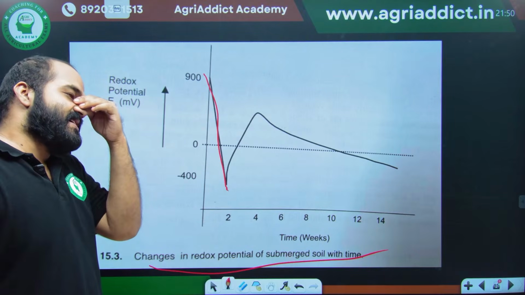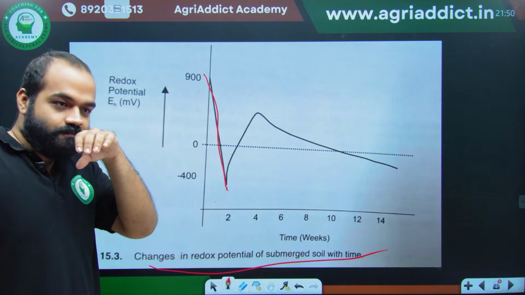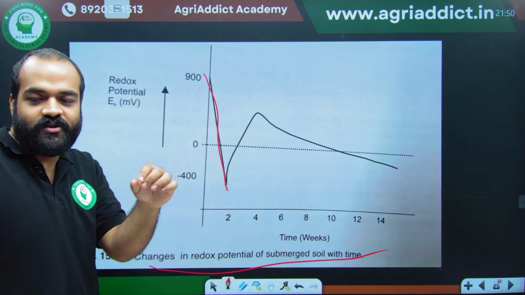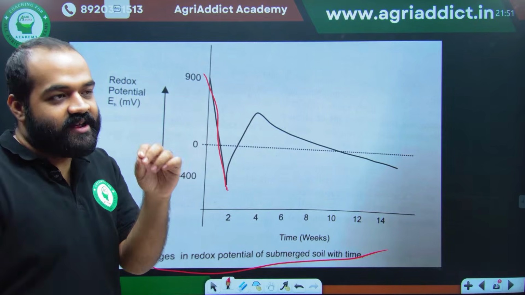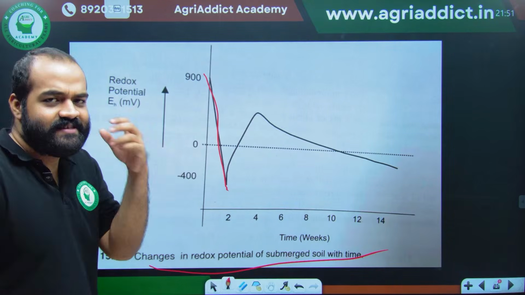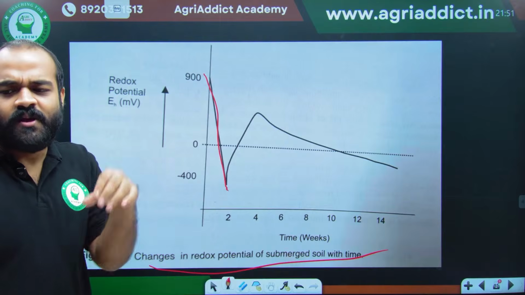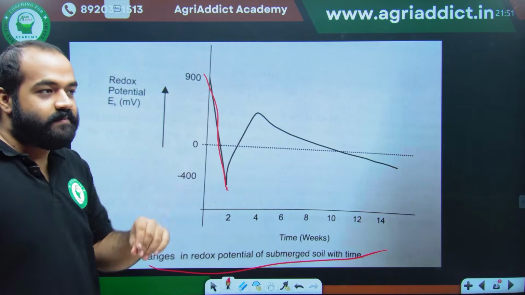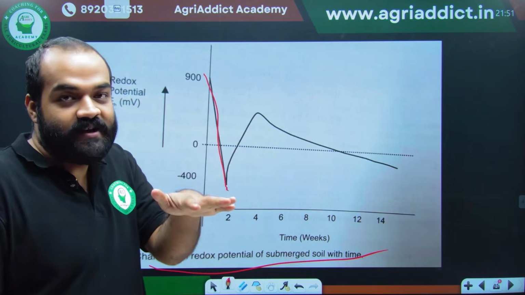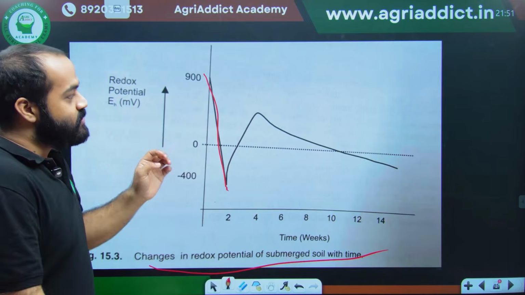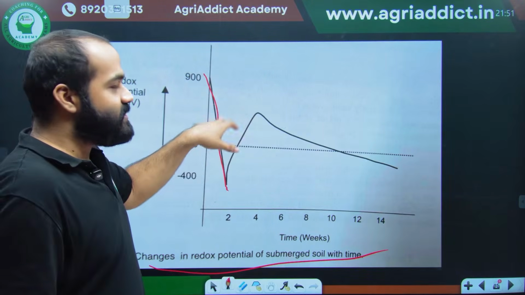उसके वजह से क्या होता है? This organic matter gets oxidized. We know decomposition से oxidized होता है. This organic matter is getting oxidized and it is losing a lot of electrons. बहुत ज़्यादा इलेक्ट्रॉन वो छोड़ रहा है फील्ड में. अब वो इलेक्ट्रॉन छोड़ रहा है फील्ड में, submergence अभी हुआ है, so the species,